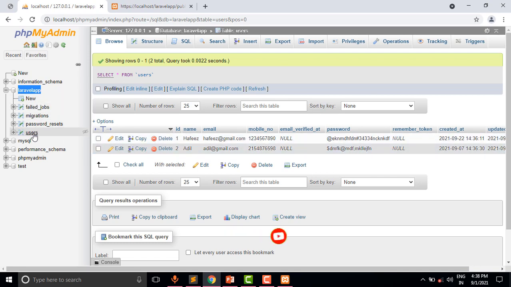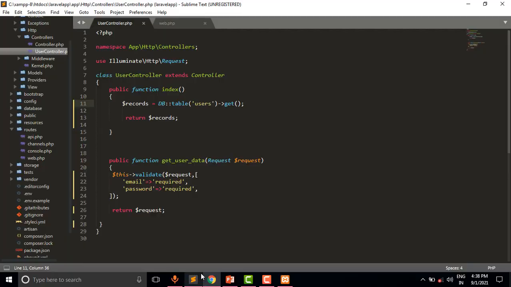This one, the table name is users. We pass the name of the table in this query builder. In the upcoming video we will learn all the CRUD operations in Laravel, so don't worry, this is only for testing purposes.